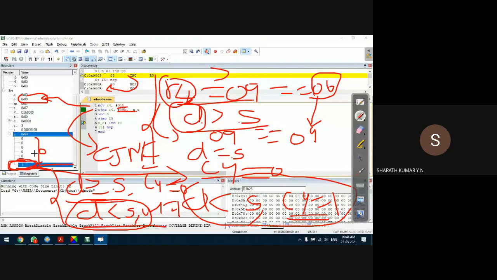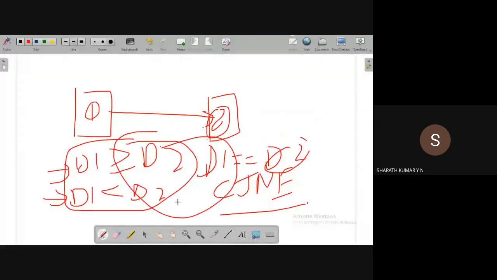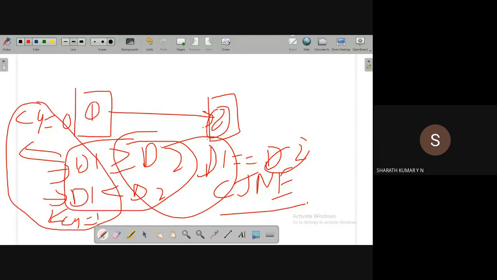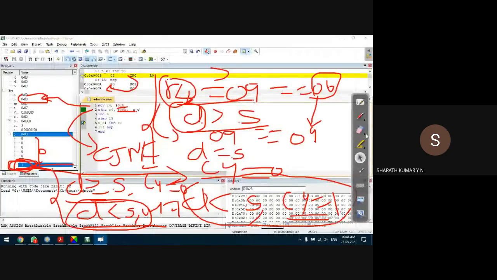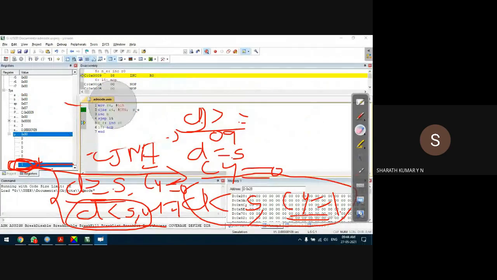Now the question, of course: here we are manually observing, we know carry flag is set to 1. I need to write a program where it should automatically decide whether in this case carry flag is reset to 0, and in the second case carry flag will be set to 1. Manually I cannot keep checking. Let us say we are testing 1000 bytes. Can I go on checking the carry bit each time the compare operation is done? No, not possible. We write the program in such a way that carry flag will be tested automatically.